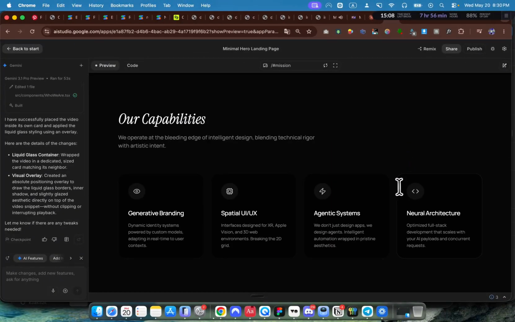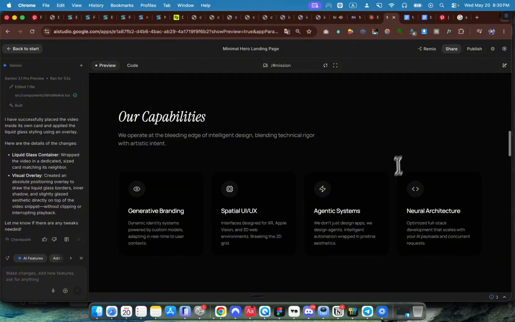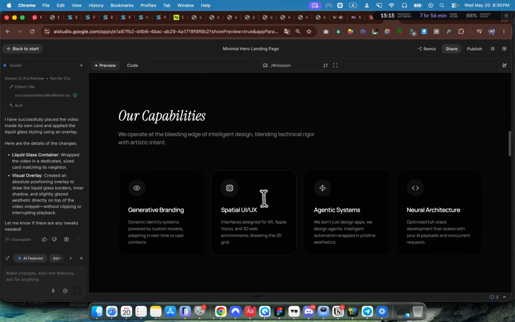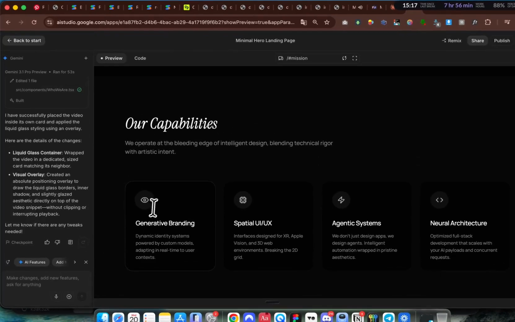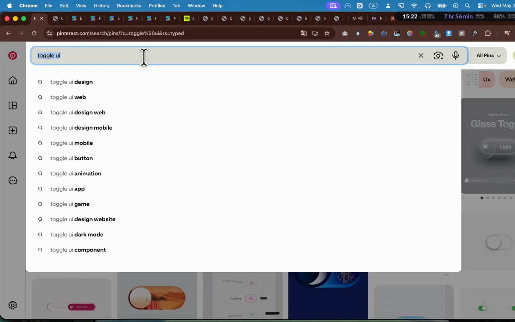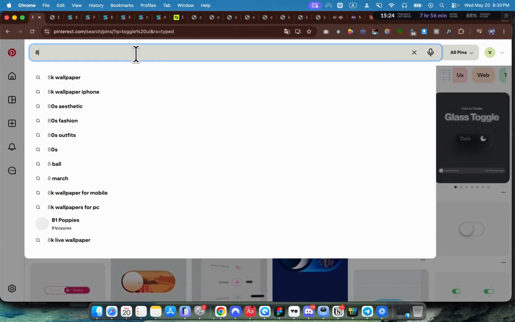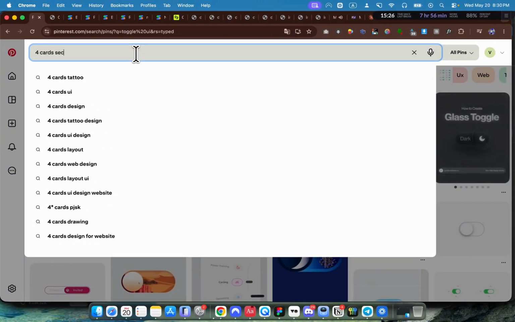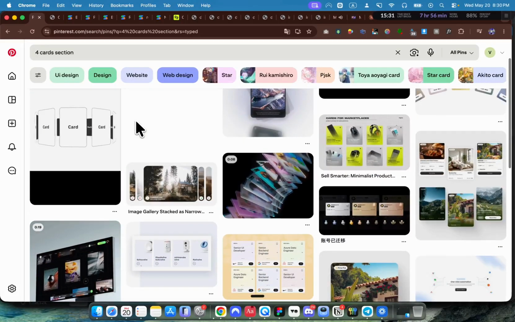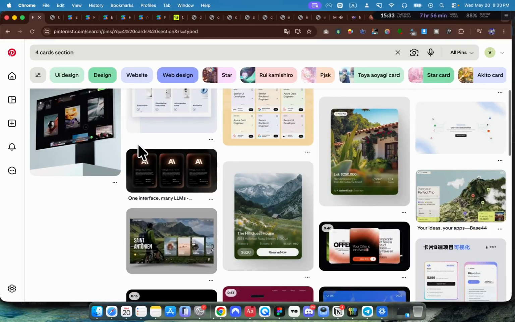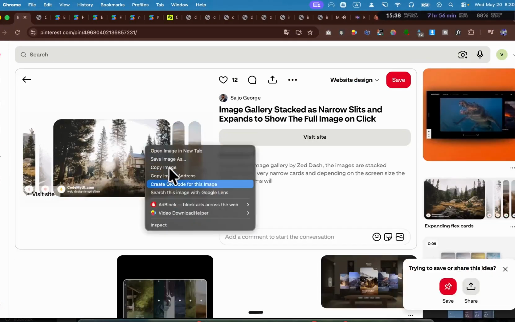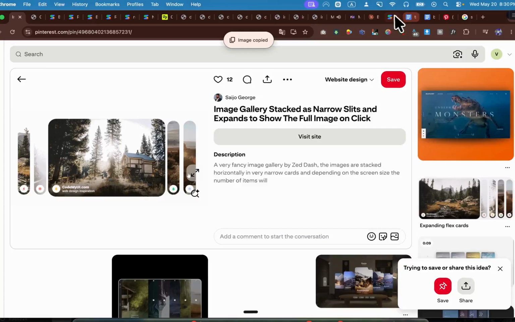For the third section, I want to have something more unique. We can go to Pinterest, or we can explain what we wanted to do in our words. So let's try that. But actually, let's go to Pinterest and type, I don't know, like 8 or 4 cards section. Just some inspiration of what we can give to the AI to have created something similar. I think this section looks pretty cool. So we can just take a screenshot of this, go to our studio,